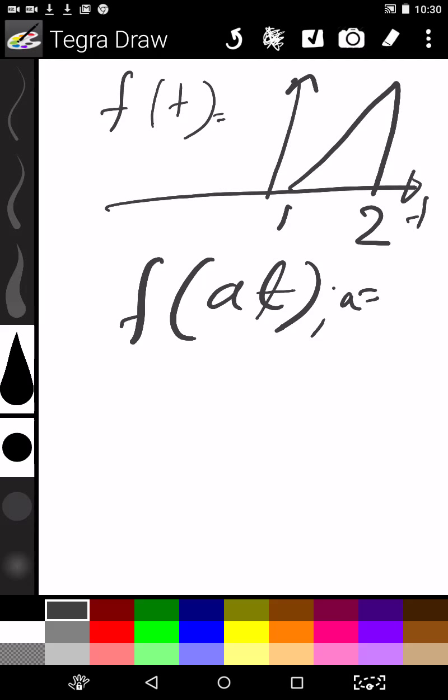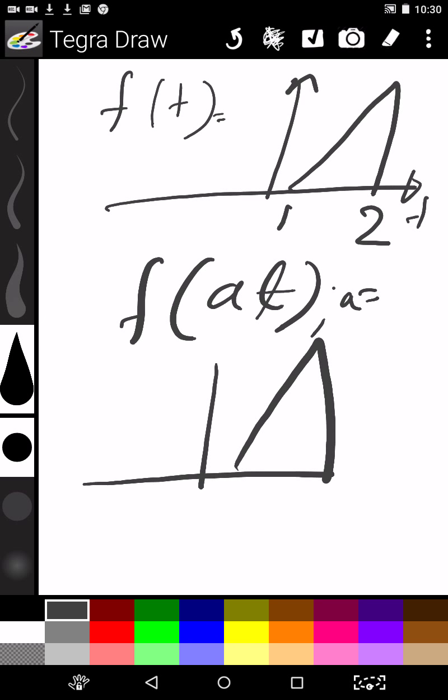So we can find out here, whatever may be the a value, 1 by a and 2 by a. If a